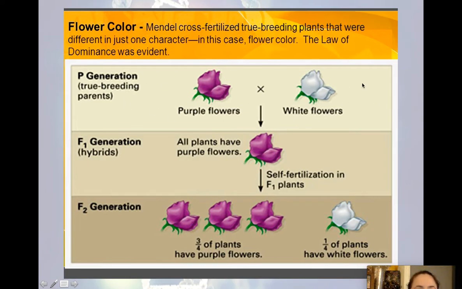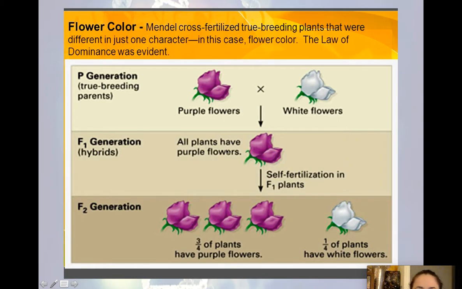So this starting generation is the P generation, and here P stands for parent. So the parents are purple flowers and white flowers, and they are both homozygous. So this would be a capital P for purple and a capital P for purple. This would be a lowercase p for white and a lowercase p for white. So they're both purebred. So if Mendel crossed this purple flower with this white flower, he might have predicted that